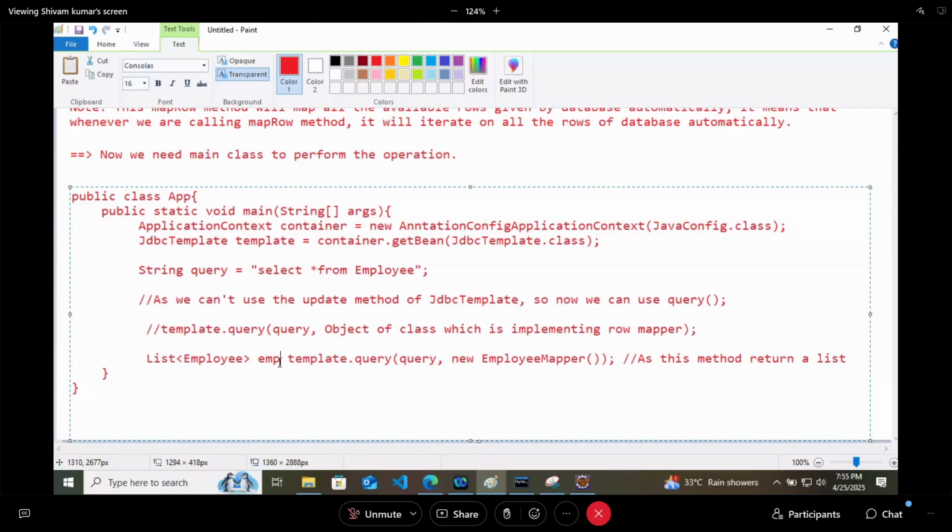Now we talk about the employees in EMP, we can use